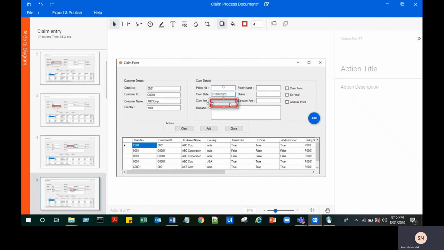So this way you have to just remove all the screens and correct the position of the box. So at least the user will come to know in which field he has to enter the value.